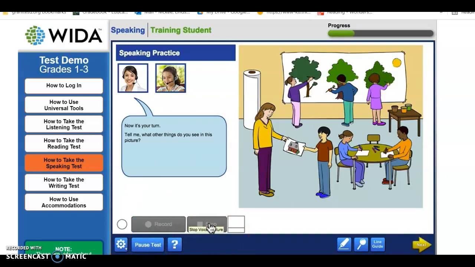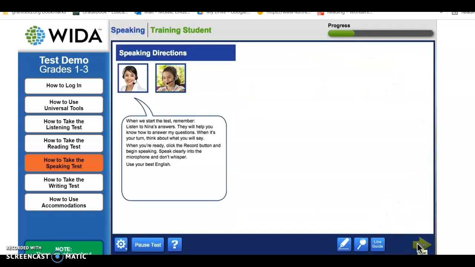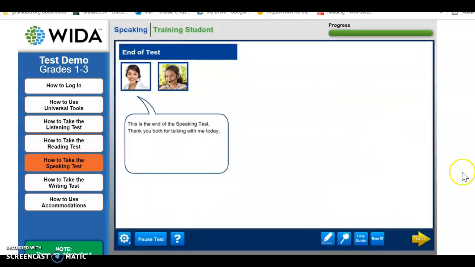After the practice, click the Next button to begin the speaking test. When you finish the speaking test,